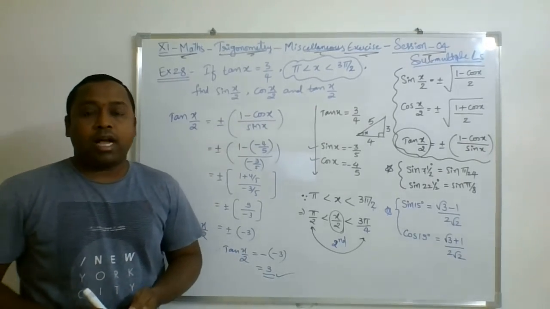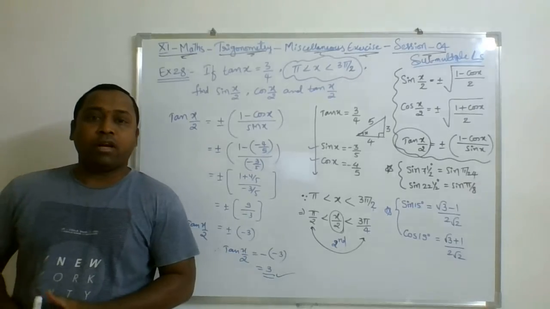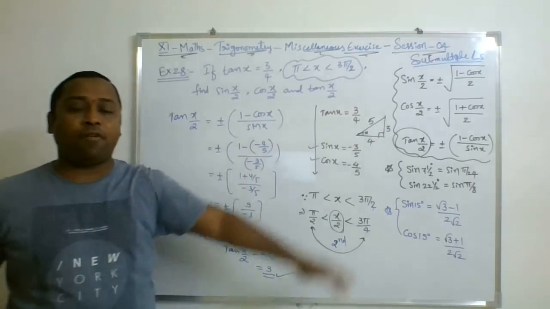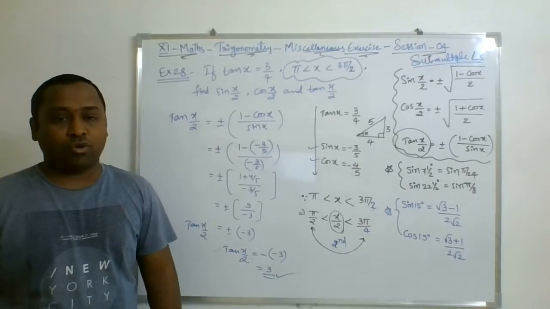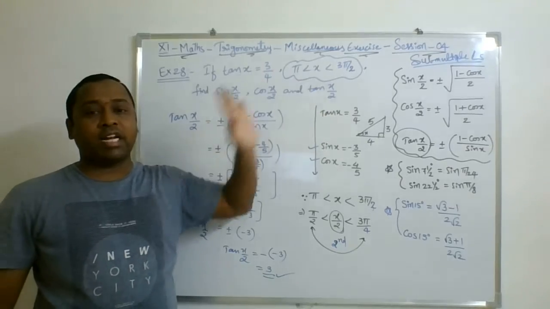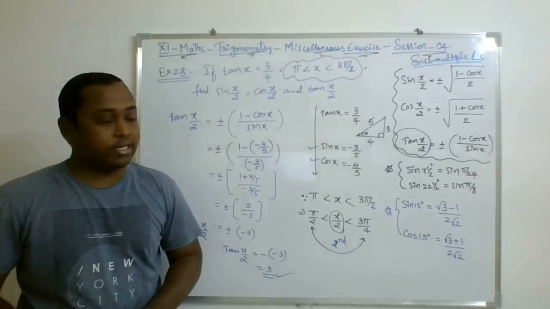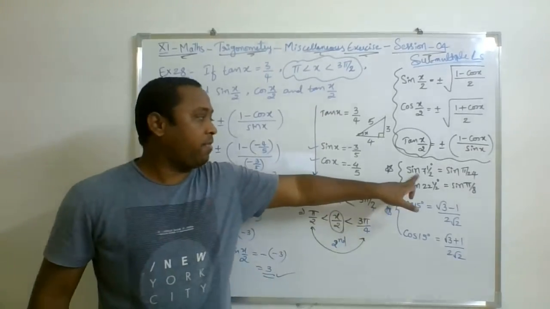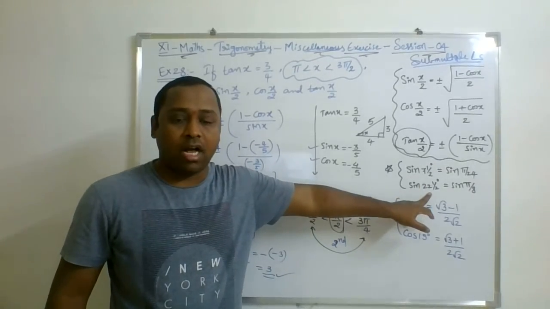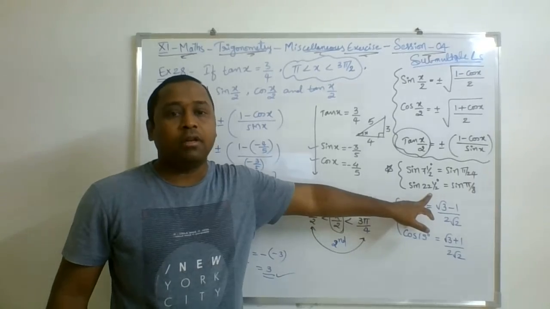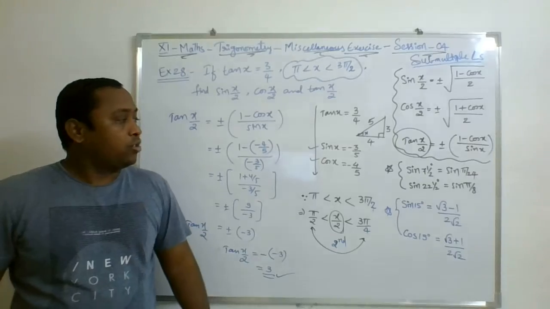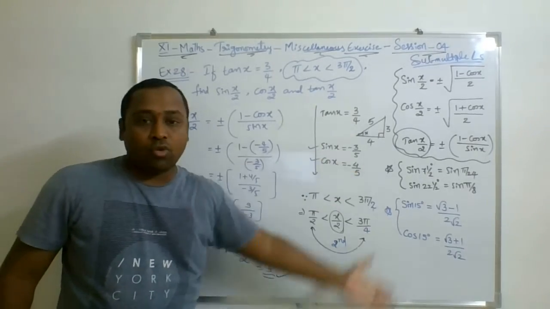Okay. So, I think I'm able to convince you how to use these sub-multiple angle formulas to solve such questions where sin x by 2, cos x by 2, tan x by 2 values need to be calculated, where the value of sine of 7.5, sine of 22.5, which are half of multiples of 15 degrees. Okay, so then I think the story is over.